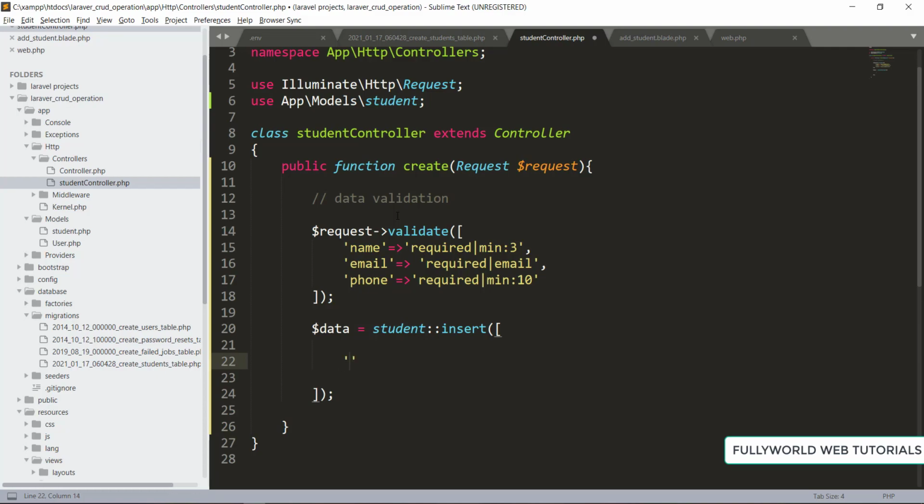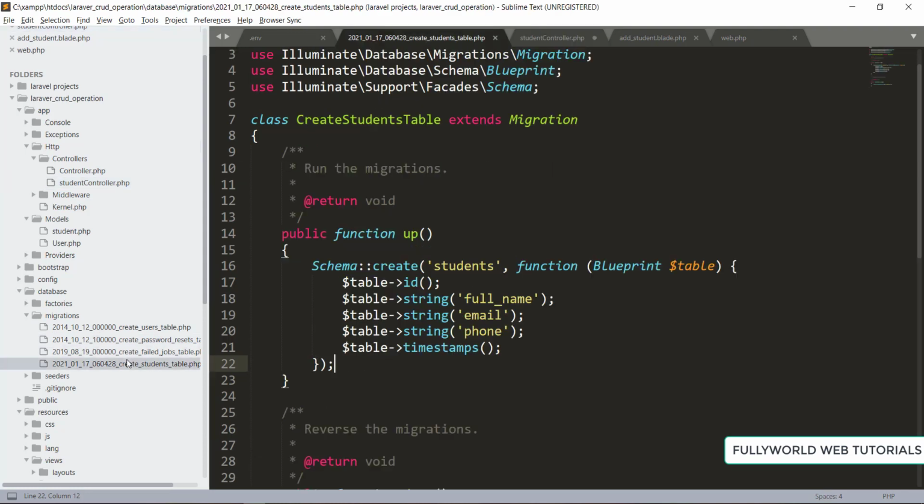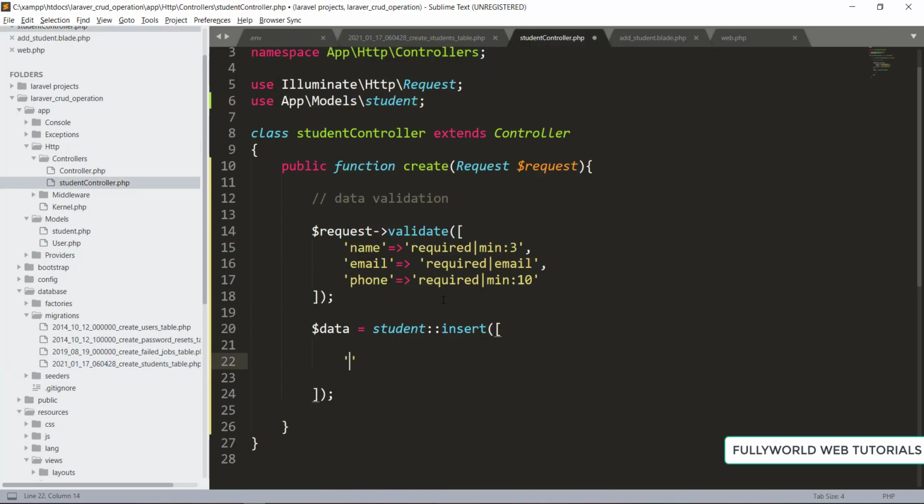First of all, in our localhost here, let's see what fields are there. First is the name field, then the email field. See that, first is our full name, then email, and then phone. So we are going to use this.